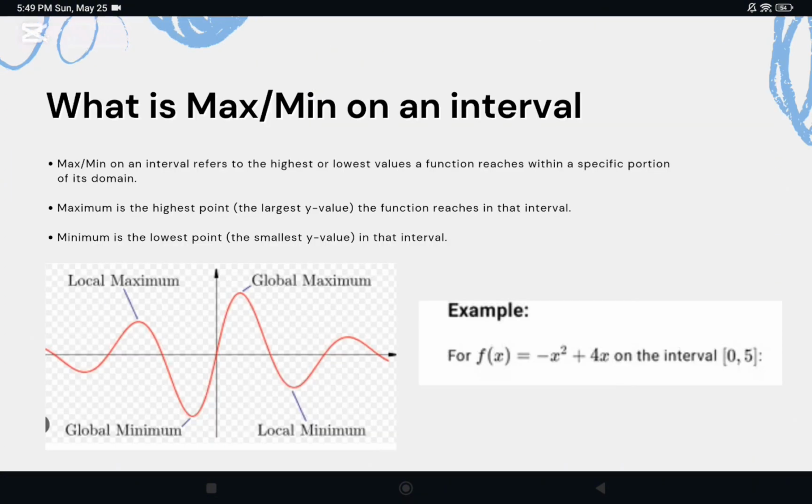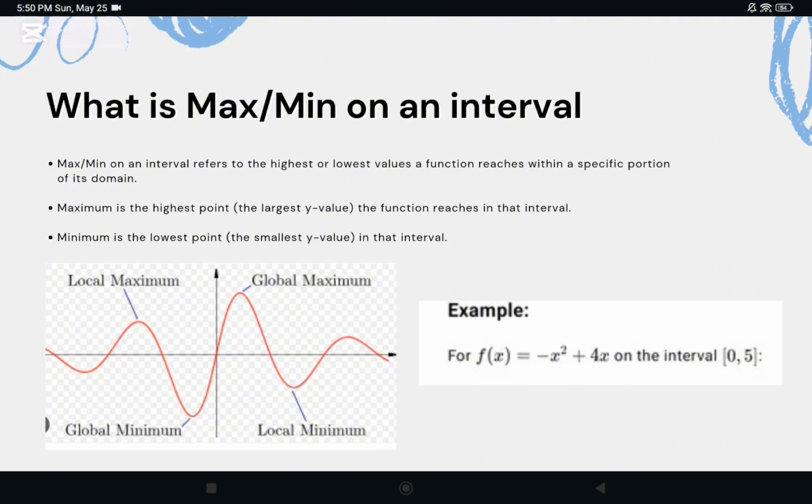What is maximum and minimum on an interval? It refers to the highest or lowest values of a function within a specific portion of its domain. Simply saying, if you look at a graph of a function over a certain interval, let's say from x equal to a to x equal to b, then the maximum is the highest point, the largest value of the function in that interval, and the minimum is the lowest point, the smallest y value